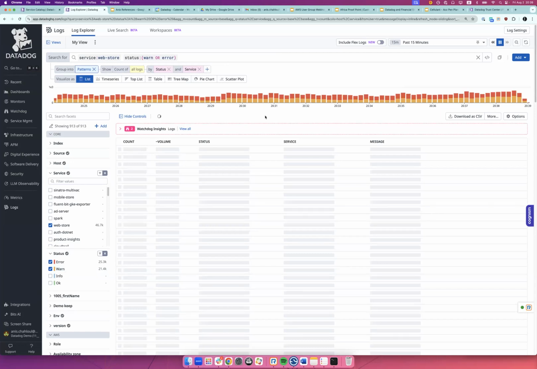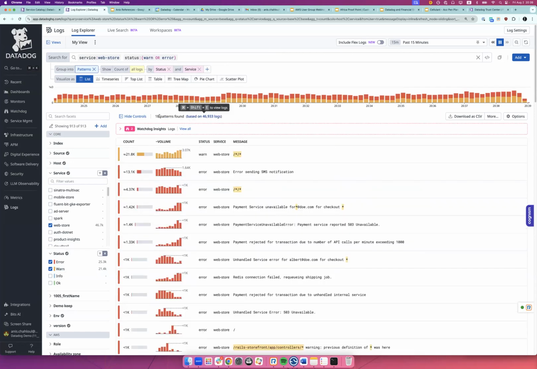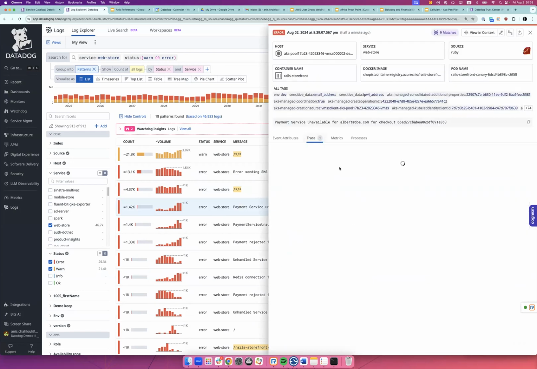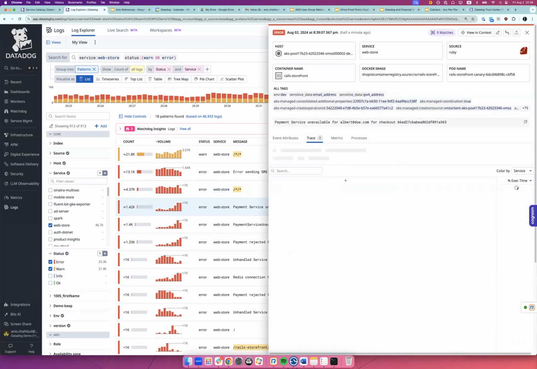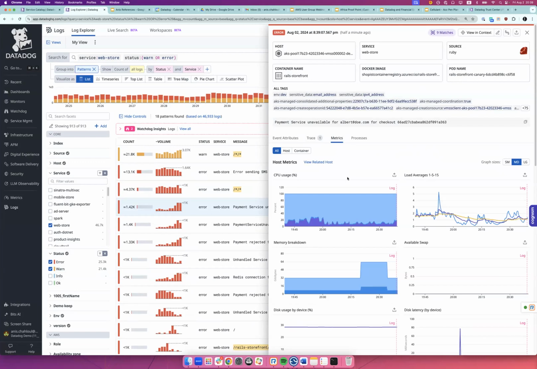We will be grouping the logs by their similarities, and rather than spending time, the most important asset we have, analyzing millions of logs, I am able to go through a couple of patterns and understand what's happening. I can directly say, okay, this log is correlated with this trace, correlated with this metric. I need to focus there, and I will solve the problem.